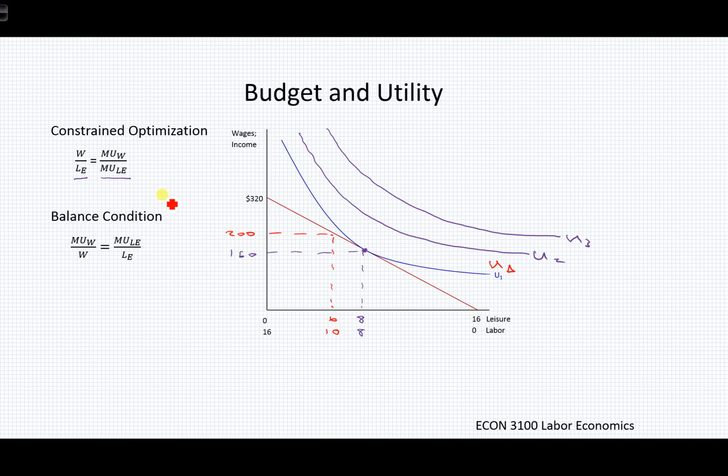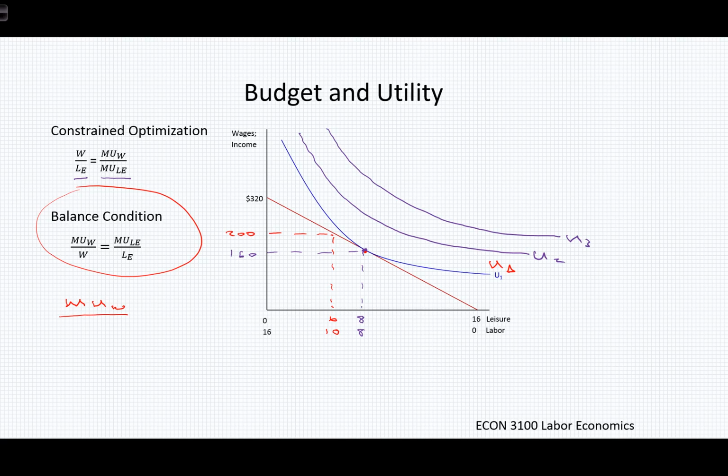And this leads us to this balance condition. So we want to have a balance between our utility and our budget, and that balance is arrived when they are equal to each other. And we have this balance condition in microeconomics, and really labor economics is nothing but a microeconomics story applied. And if you think about it, this balance condition is the same as this constrained optimization because all I have done is rearrange my variables. Let me go from the balance condition back to the constrained optimization condition, and you can very easily see how they're the same relationship. I will go ahead now and say I've got the marginal utility of my wage income,